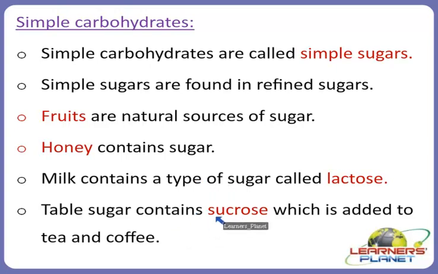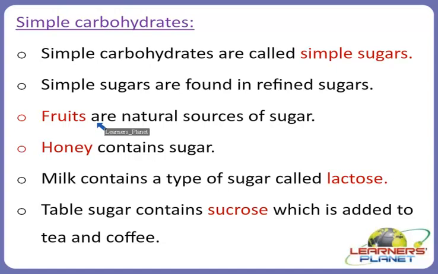As you know, students, simple sugars are found in refined sugars like the white sugar that we find in a sugar bowl, and if we have a lollipop, we are eating simple carbohydrates, meaning simple sugars. But we can also find simple sugars in more nutritious food, like fruits and milk. It's better to get our simple sugars from food like fruit and milk rather than lollipops and chocolates, right?